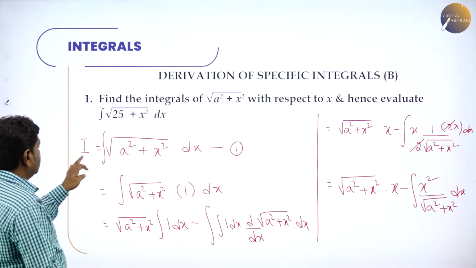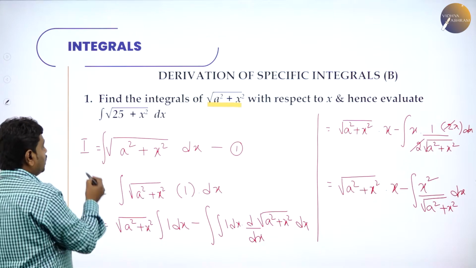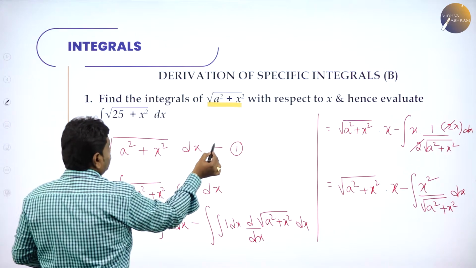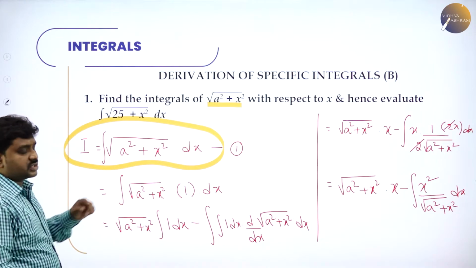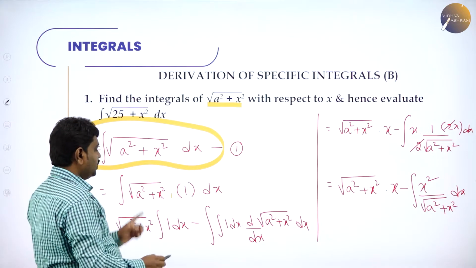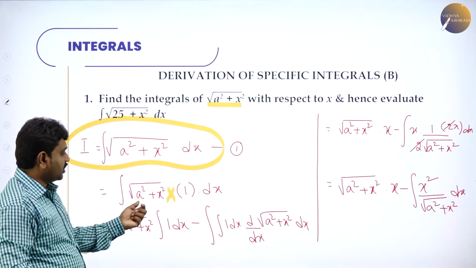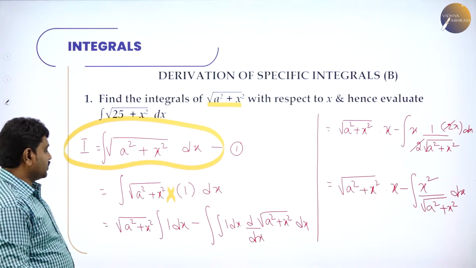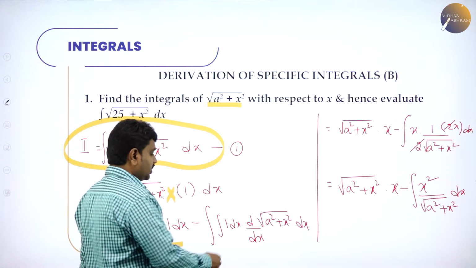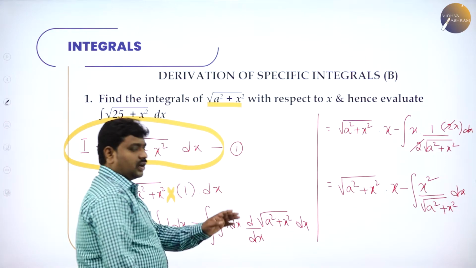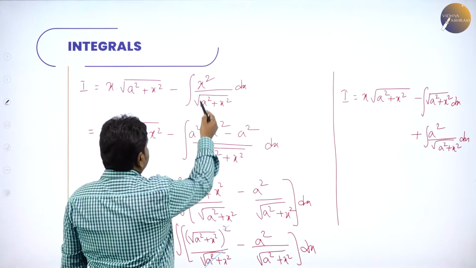The first one, given problem, they want you to integrate this root of a square plus x square. Calling it as I is important. So see equation 1, we took the given problem as what? I. Second, we'll use parts. So we call this as first function into second function. Second function is what? 1. Root of a square plus x square into 1 I'll take. So use parts. First function into integration of second minus integration of second into derivative of first. And after you integrate and simplify, after a stage, we'll get x square.